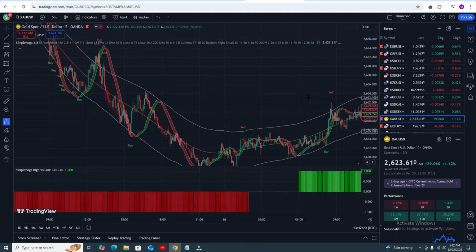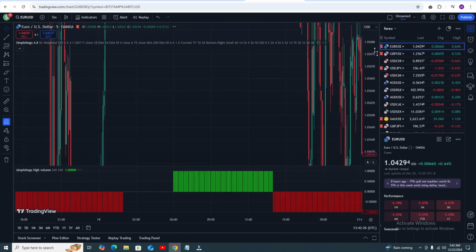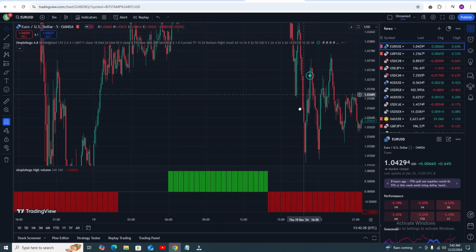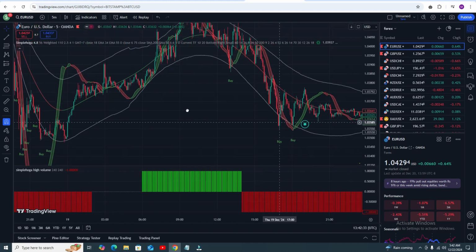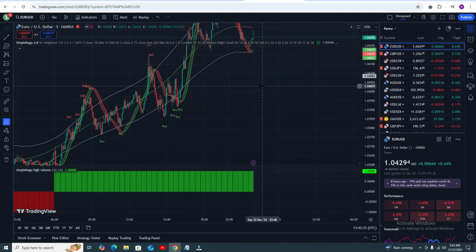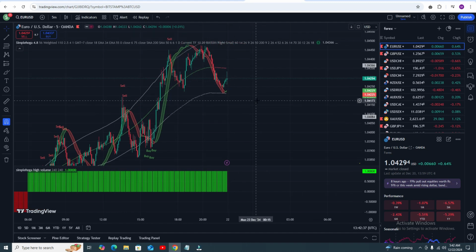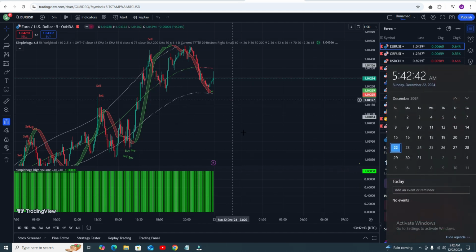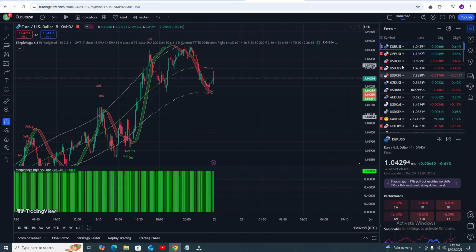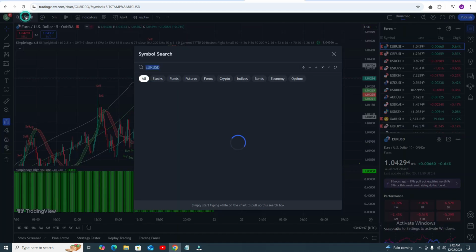So you can see my indicators are working on all pairs. Okay, let me show you some, because this indicator works on all pairs. Let me show you in the forex. Yes, you can see my indicators are working here. Yes, it's clearly working here. Okay, you can see, watch it, clearly working. Okay, 100% working condition. Okay, today is Sunday, so the crypto market is, sorry, forex market is off.